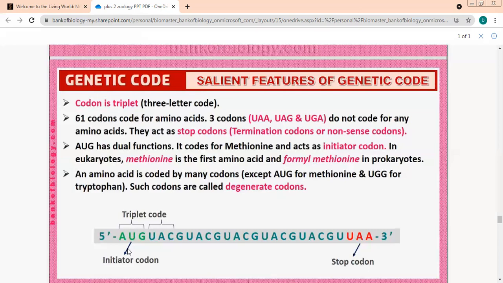All are going to be UU this side. So UUU. Tell me the next one will be what? UUC. Next, UUG. UCAG, so UU and then UUC, UUG, and then UUA.